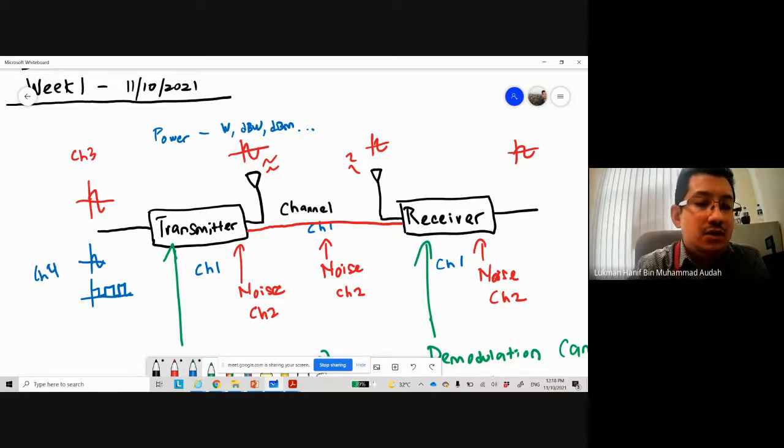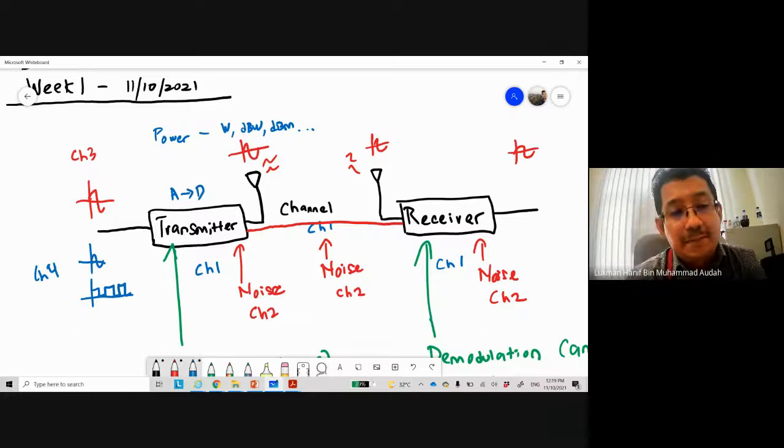Okay, here the transmitter will convert, if it is analog, it will convert to digital. Okay, analog to digital. So the function here, if it is analog, it will convert into digital. Okay, analog to digital. If it is already digital, it will do the next process. Okay, so analog to digital ini satu, kalau dia analog, dia akan tukar kepada digital signal. So kalau analog to digital means that dia akan buat